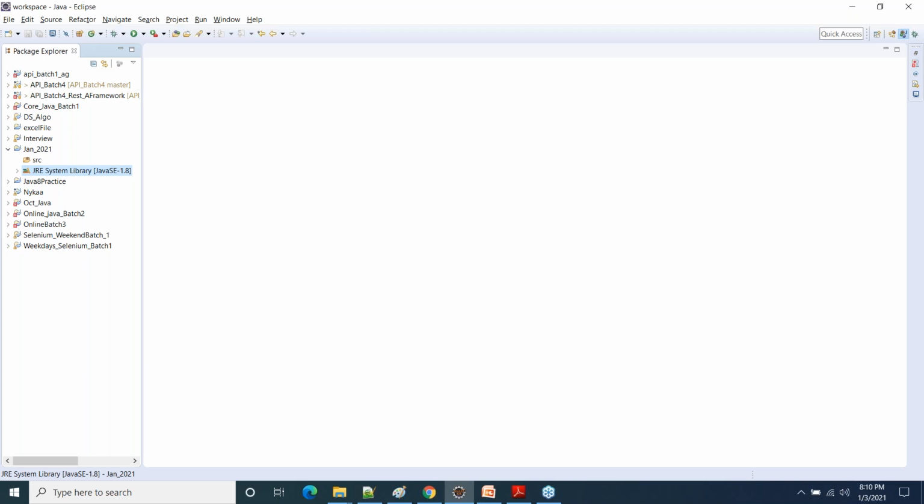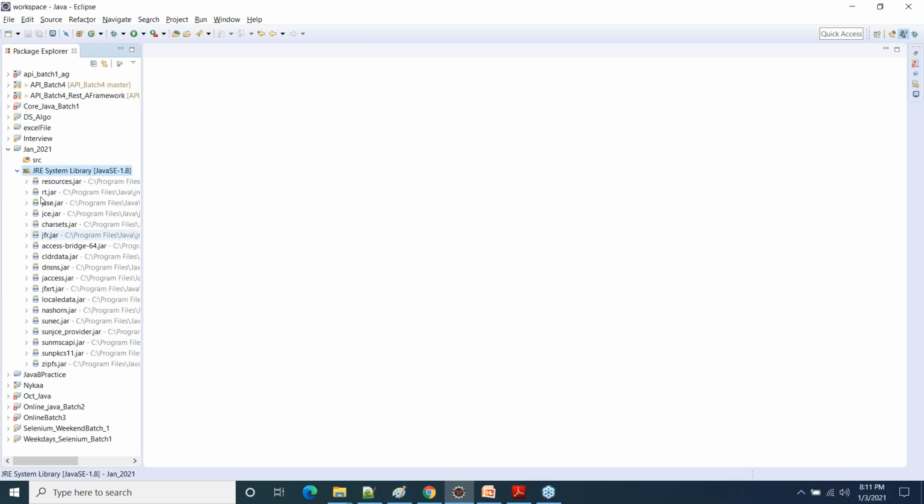You need the jar file of Selenium, yes or no? Similarly, in order to use the classes, the variables, the methods, the keywords of Java, you need the jar files, isn't it? So this JRE system libraries contains nothing but the jar files only, which contains all those classes and the variables and the methods and the keywords. Everything is kept inside these jar files. Clear?